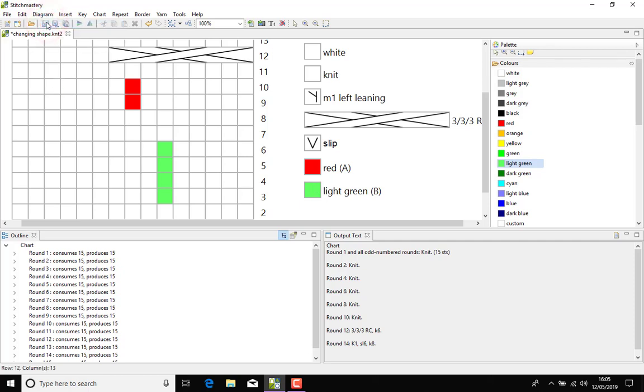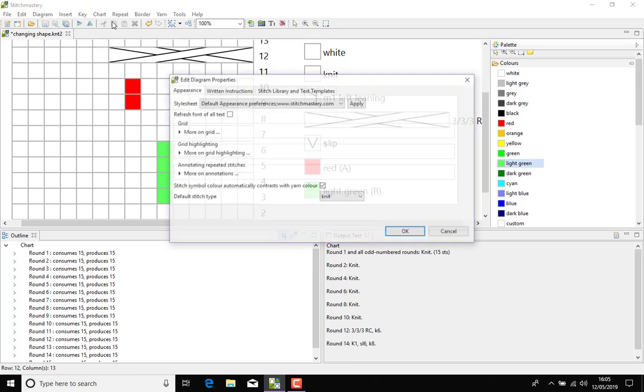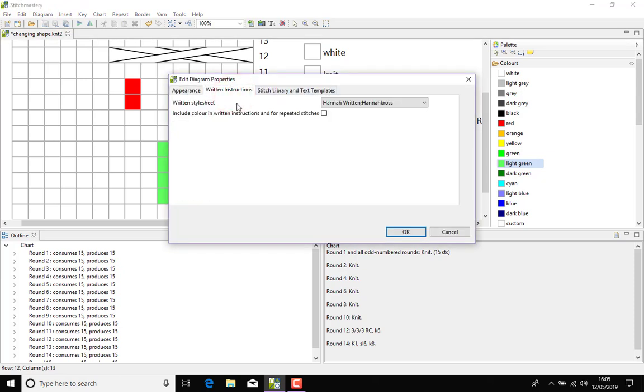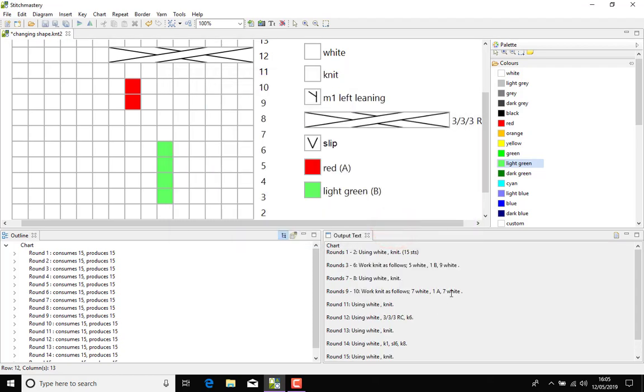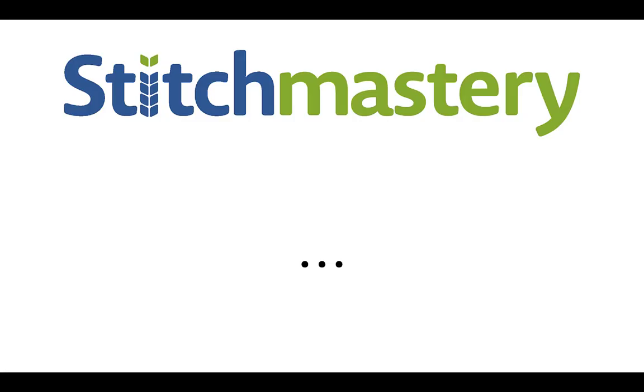But if we come into Edit Diagram Properties and click on Written Instructions, check the box for Include Colour in Written Instructions, and you'll see now that my colour A and colour B, the yarn is appearing with just the colour alias initial and not the full text.